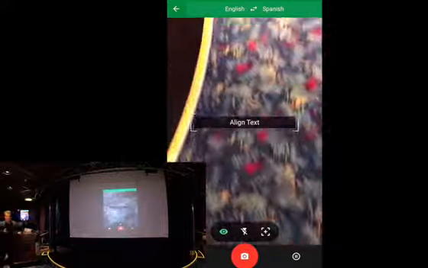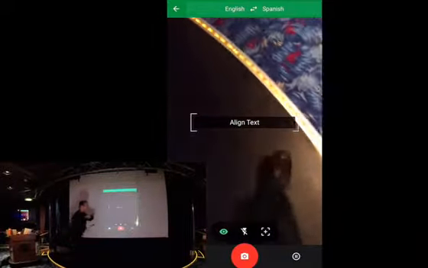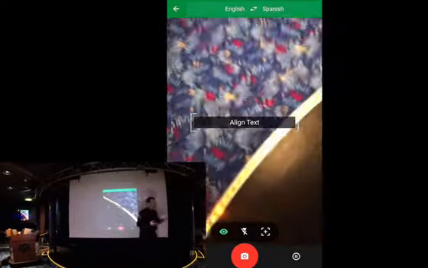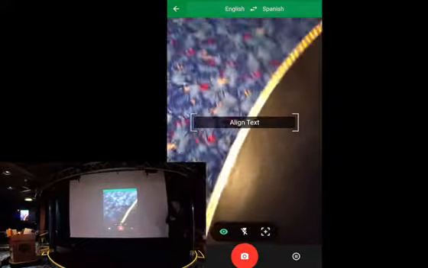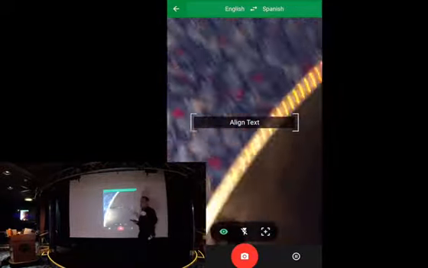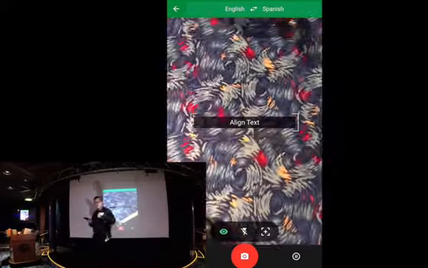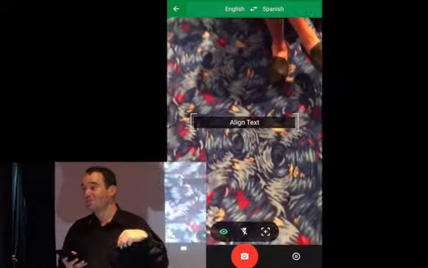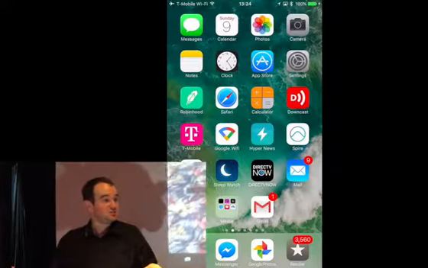You need to download the individual languages when you get the application, but once you download the languages, you do not need an internet connection to use it. You can type in and you can do the visual thing. You do need an internet connection to do it via voice. So that's the way I did it via voice. But everything else, you don't need an internet connection. And what's really cool is that it's actually a translation device.